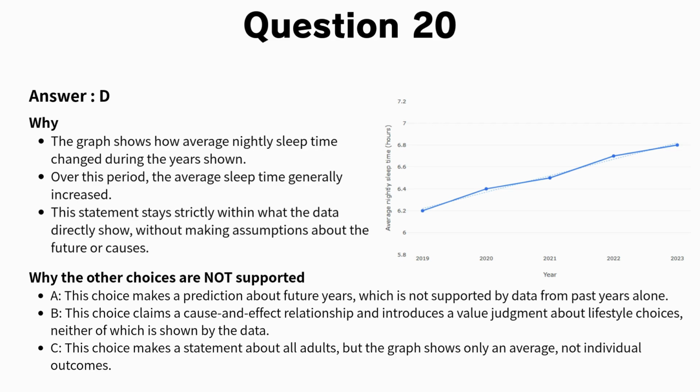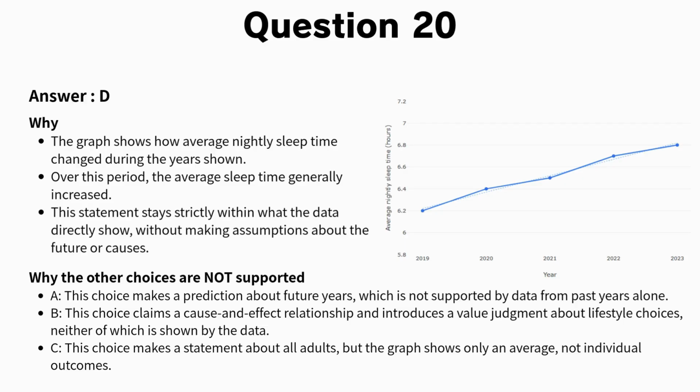The correct answer is D. Average nightly sleep time has generally increased during the years shown. The graph shows how average nightly sleep time changed from 2019 to 2023. Over this period, sleep time increased from approximately 6.2 hours to 6.8 hours. This represents a clear upward trend during the years displayed. Choice D is correct because it stays strictly within what the data directly shows, without making assumptions about the future,